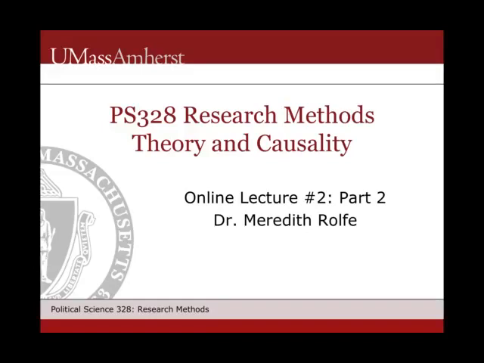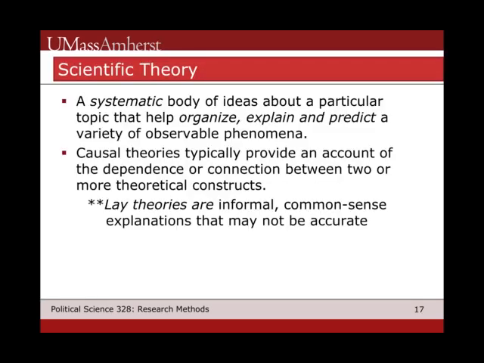This will be the second part of the lecture on theory and causality for Research Methods course. As we discussed earlier, a scientific theory is a systematic body of ideas about a particular topic that can fulfill the different goals of research, so organizing, explaining, predicting phenomena. So a theory then is a set of ideas